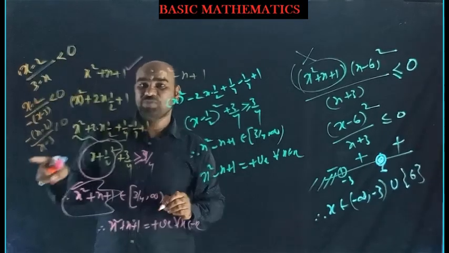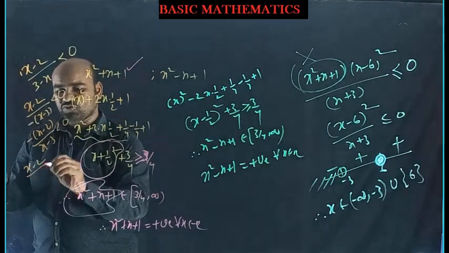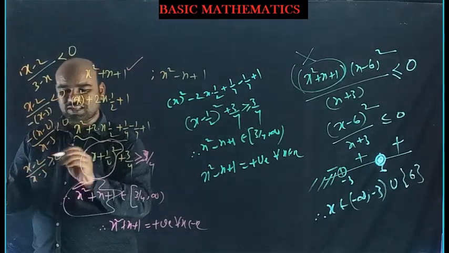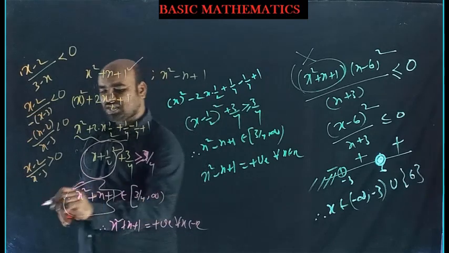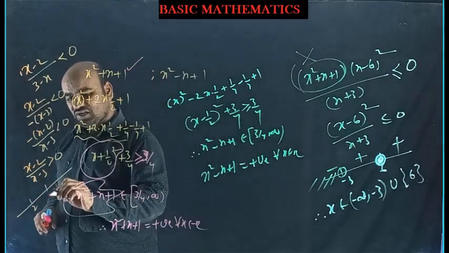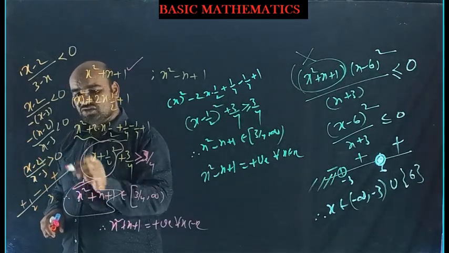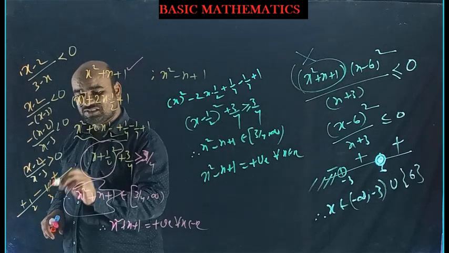Now I want to multiply by minus on either side. Automatically the inequality will alter. x minus 2 by x minus 3 is now greater than 0. Just using the sign scheme you can find the solution. The zeros are 2 and 3, and plus or minus, all are having odd powers. So I want greater than 0, meaning positive symbols.